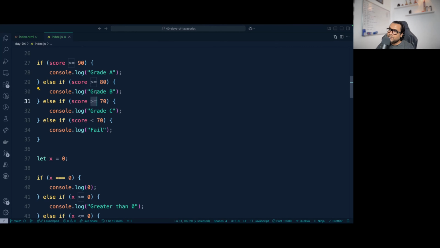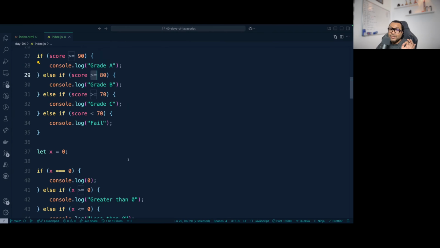Wherever this logical condition comes, I'll be using if else. Because you might have a condition saying that if somebody's age is greater than 10 and less than 20, then only do this. If somebody's age is more than 50 and less than 60, then only do this. These are all complex logical conditions you have to write within if else only.